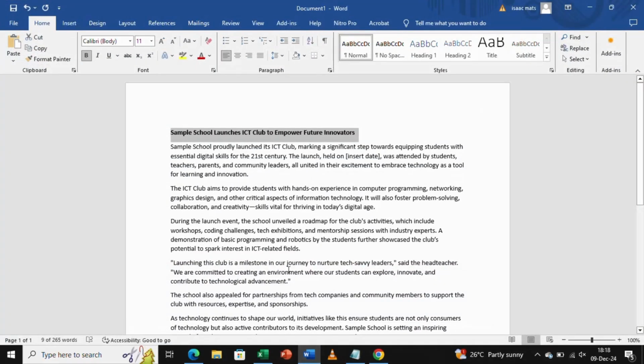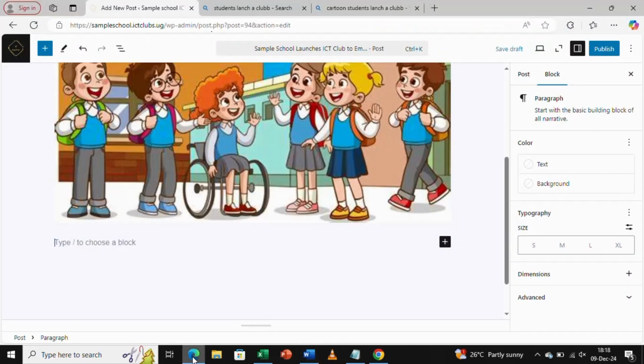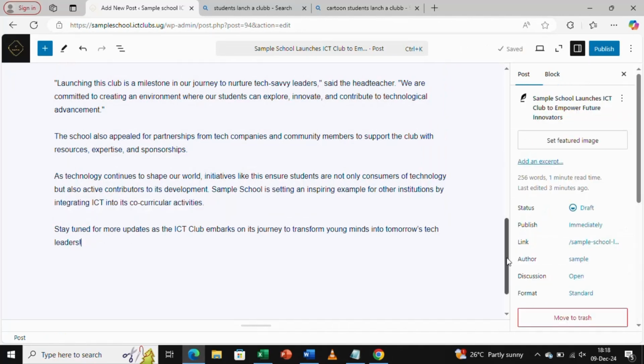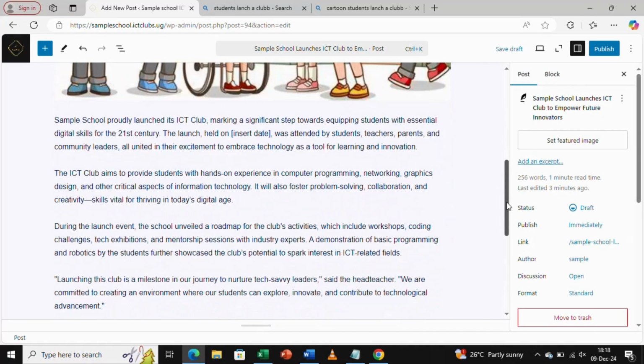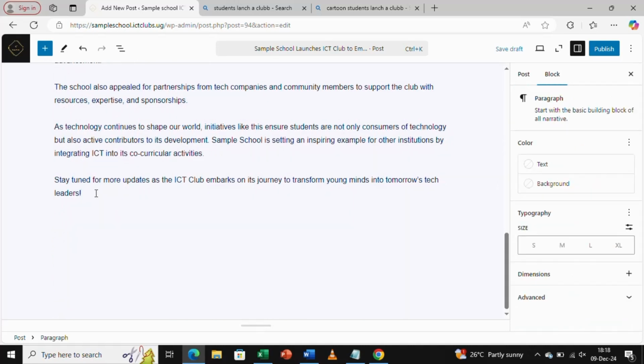I already have my content here, so I'm just going to do the copying and pasting. But if you don't have your story created yet, you can just type it. I mean, you can create your story by typing, but I had already created my story, so I get the text that I had created, paste it there, and I publish. But before publishing,